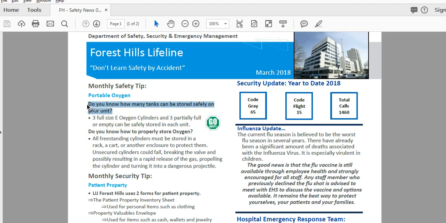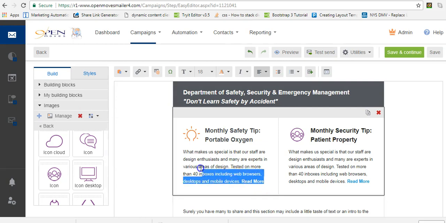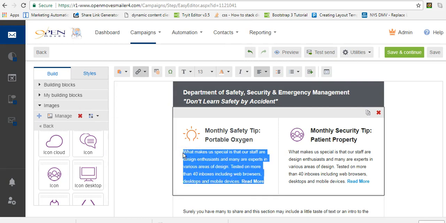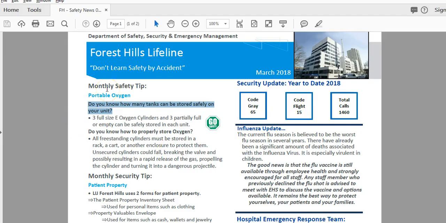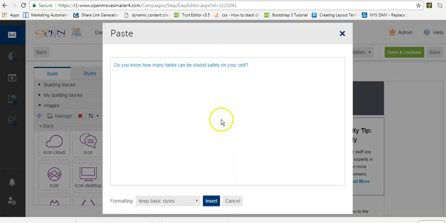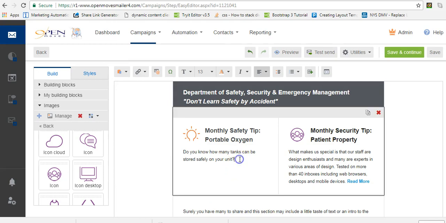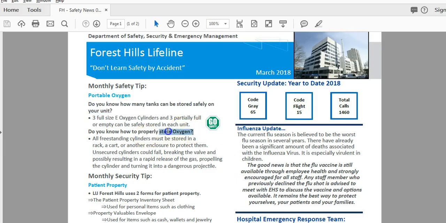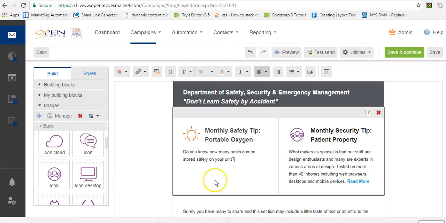So I would grab this. I'm going to select this all. I like to do Control-Shift-V for pasting. Adding Shift to Control-V will actually strip my content of its formatting. So I don't really want to copy over the bold here. I don't really want to copy anything but just the text. So to do that, I can do Control-Shift-V. I can also come up here to this clipboard icon and do Control-V. Paste it in here first, hit Insert, and there it is. And then I also like this question too. Copy it. This time I'm going to do Control-Shift-V. Looks the same as the first time. And then I'm going to say,